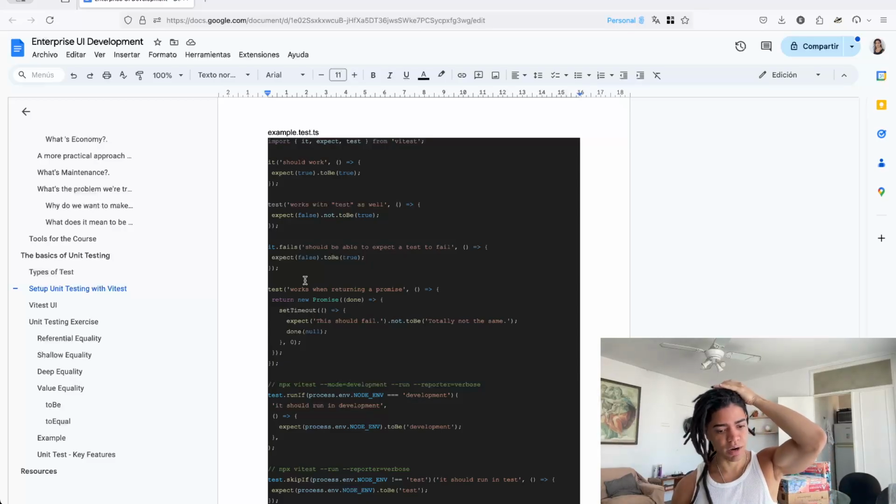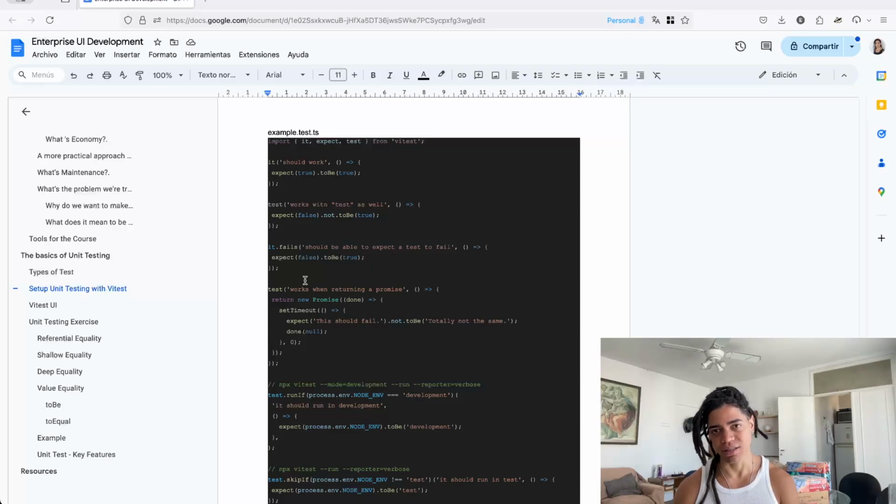Let's say you are quite tired. So you first write your test that fails, and then you write the code. This is part of test-driven development. You first write the test, which defines the user story, so what is the thing that you want to do? Of course, that test fails, and then you write the necessary code